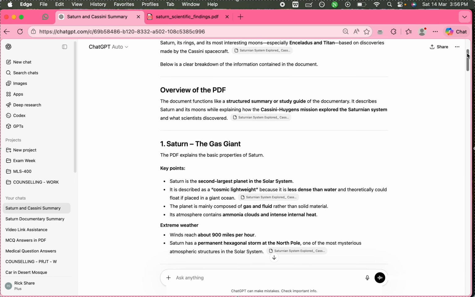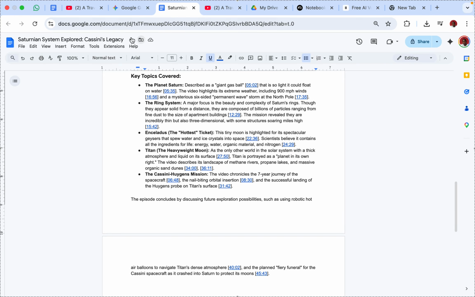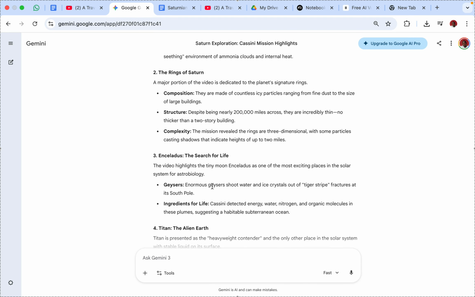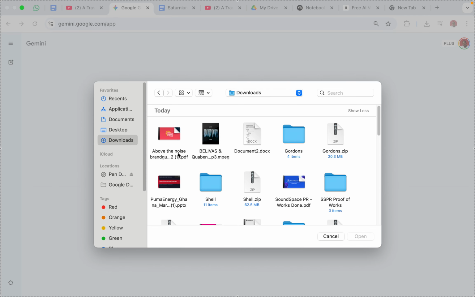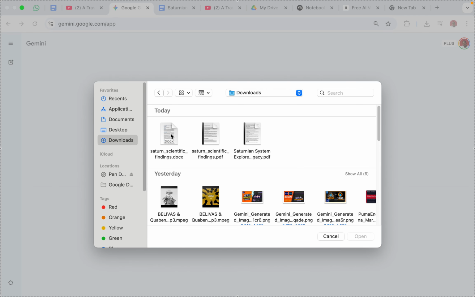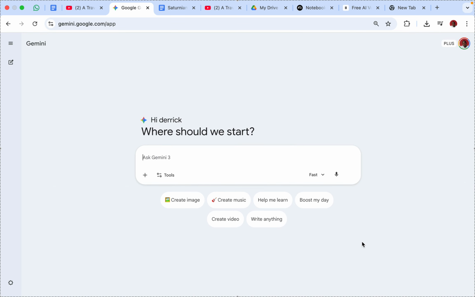As you can see over here, Gemini can do the same thing, but even take it to a higher level. Okay, we are going to be looking at that shortly. So let's just say we create a new chat, and then we upload the document. The document that was created by ChatGPT. This was created by ChatGPT. This too. So let's use a PDF,